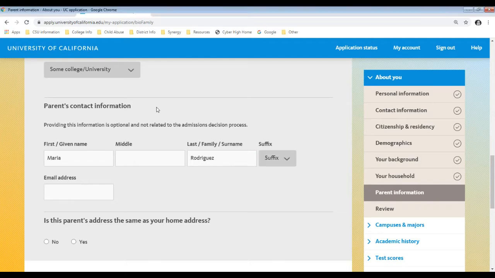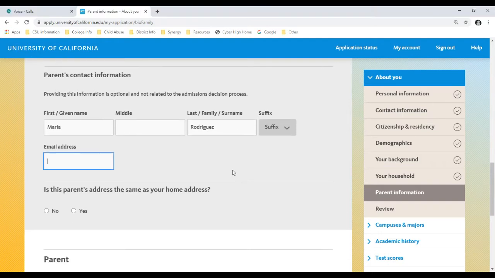Okay, and she doesn't have one of those, so I'm just going to leave it blank. If your parent has an email, make sure you put it here. So I'm going to put my